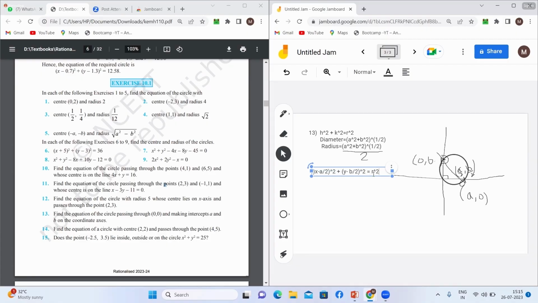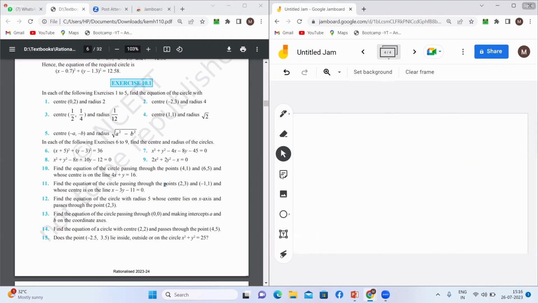मैंने आर भी निकाल लिया, मैंने एच भी निकाल लिया, मैंने के भी निकाल लिया। बस आर, एच और के निकालने के बाद मेरे को उनकी वैल्यूज इक्वेशन में पुट करनी है, और इक्वेशन में पुट करके मेरे को अपना आंसर मिल जाएगा। सो क्वेश्चन तो देखो सिंपल होते हैं, बस अपने को सॉल्व करना होता है इनको, ठीक है। सो अब मैं इसको सॉल्व कर लूंगा आराम से आर की वैल्यू डाल के, तो मेरे पास फाइनल आंसर आ जाएगा। समझ में आ गया होगा, आई होप सो।